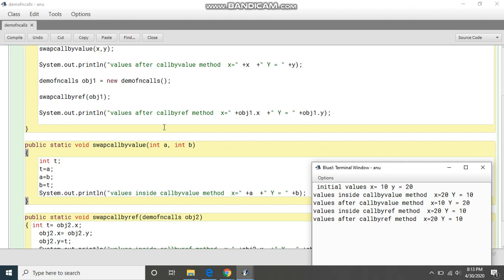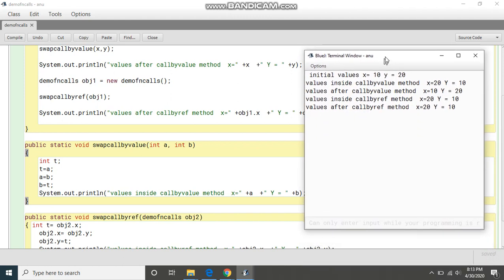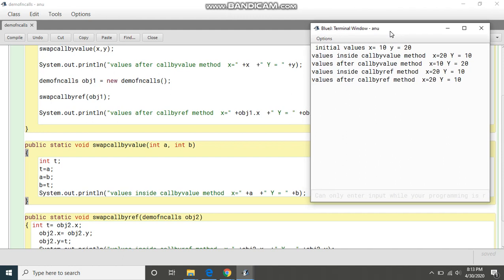When the control goes back here, values after call by value method. If you see here, this is your third line: values after call by value method, again there is no change in the original value. x will remain 10 and y will remain 20.